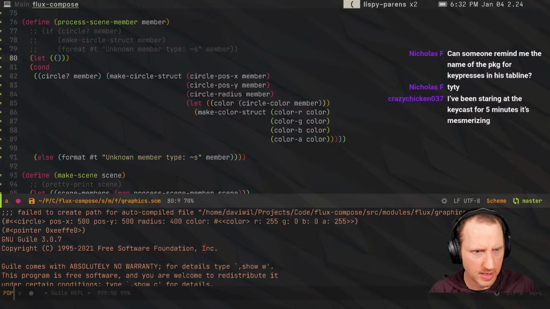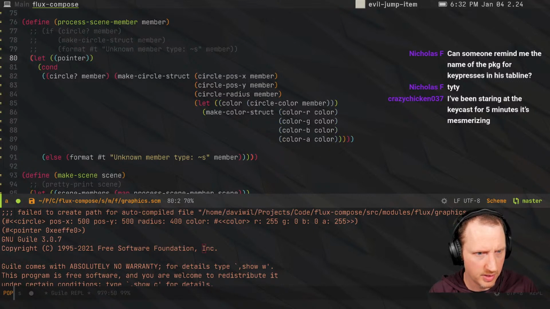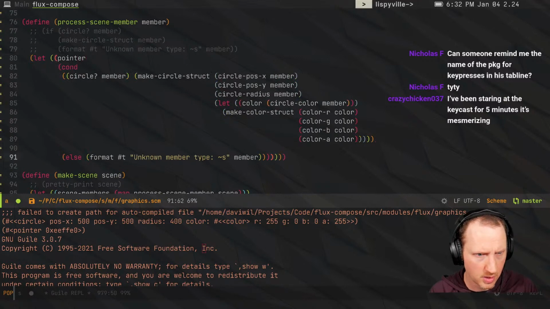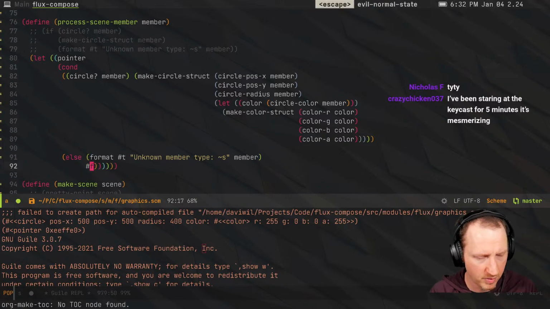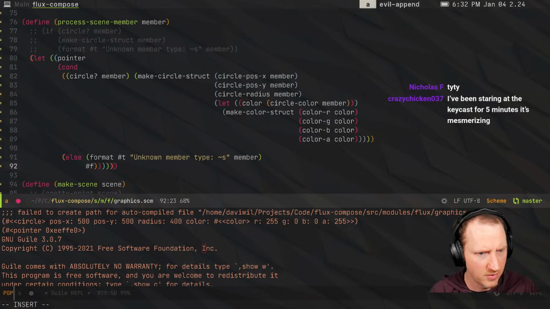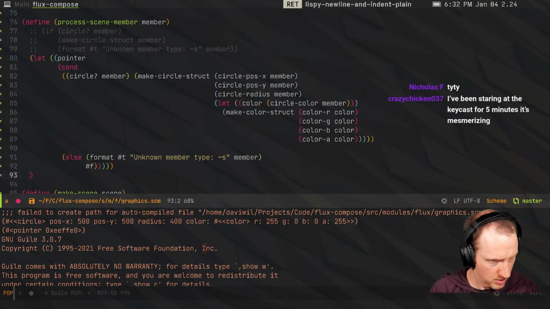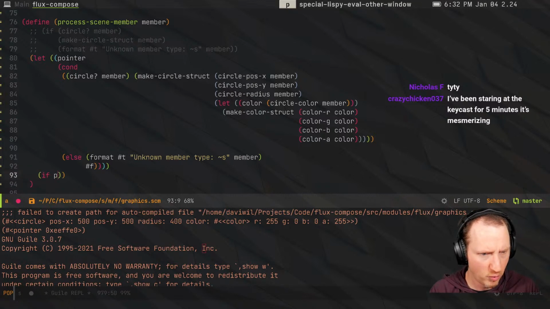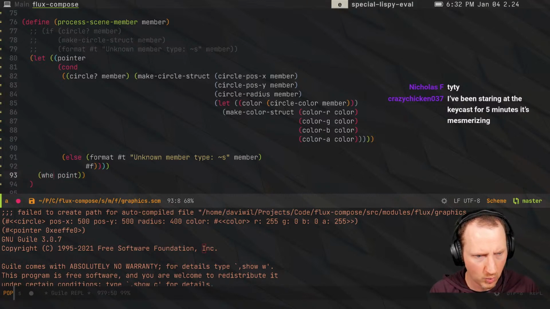Let pointer. Let's try to eat this up a little bit. Probably need a better way to handle this. Okay, so we're storing the pointer there, and here I want to return false. So then in this let, is that the right one? No, I think it's the next one. Okay, so if pointer, or is there a when pointer,